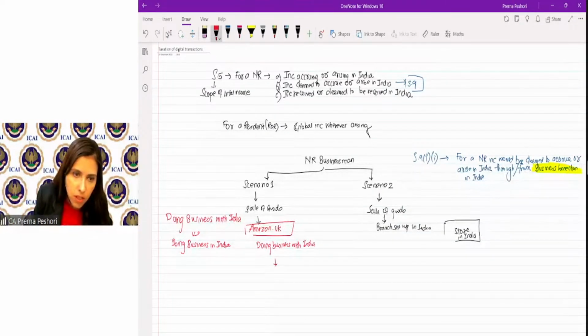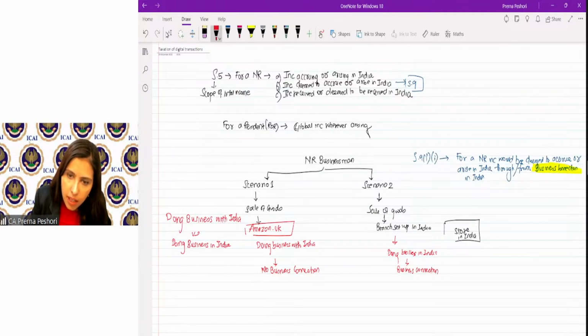So here, no business connection is constituted. Whereas in this case, I can say I am doing business in India, and therefore the business connection exists. The business connection exists in this case. You can write the meaning of the term business connection to mean